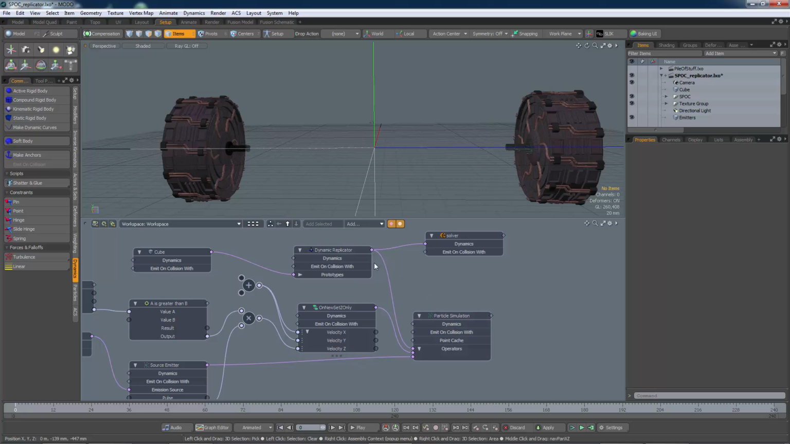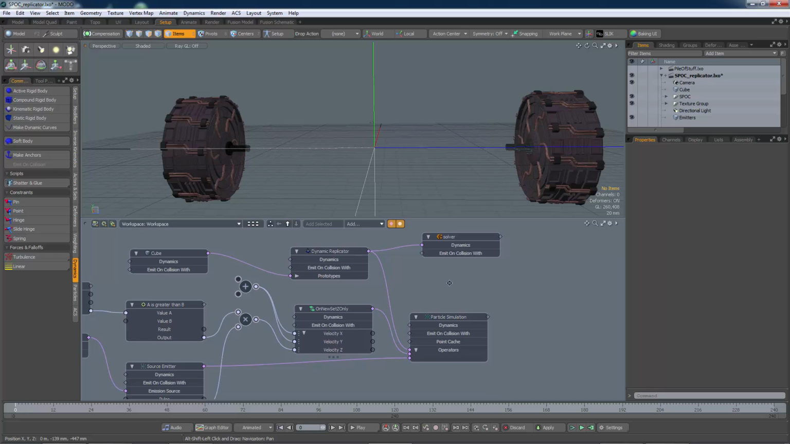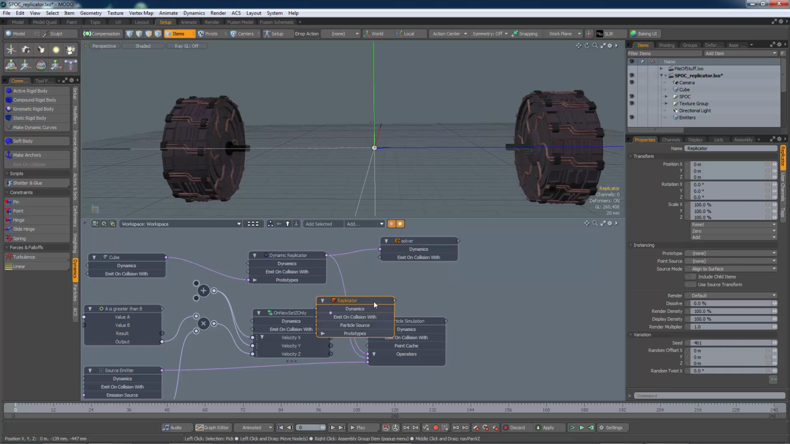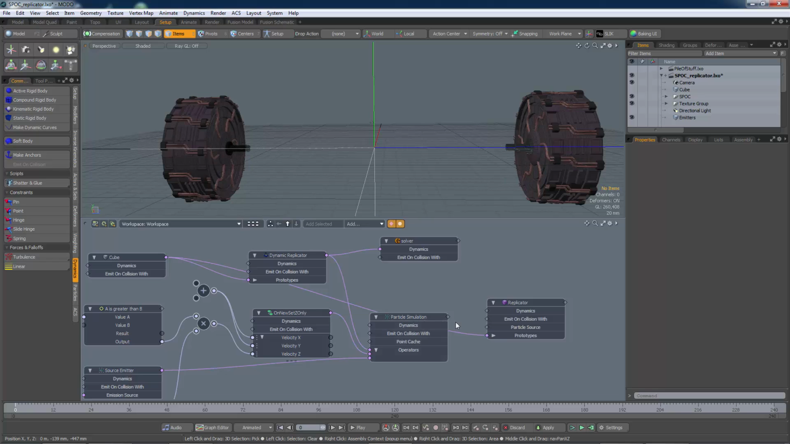Now the dynamic replicator is just responsible for communicating between the particle system and the solver. It doesn't actually generate any rendering objects for us. So let's add just a standard replicator into the scene as well. And we can use the same object as the prototype, in this case a small cube, and feed the result of the particle simulation into the replicator. And now when we play the simulation,